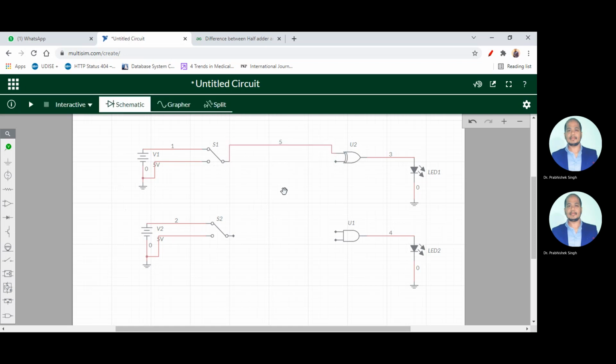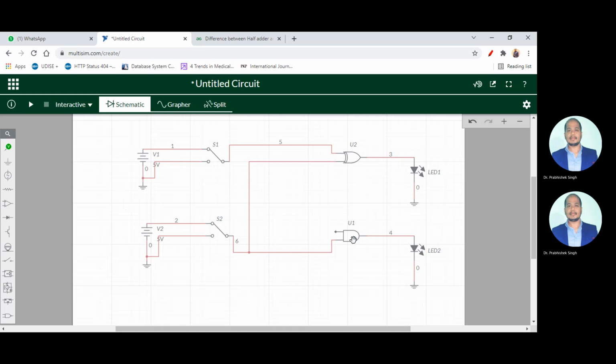S1 is connected to U2. Similarly, just connect this thing as well. Now, A XOR B, S1 XOR S2 is equal to U2, which is for sum. So S1 is connected to U2. Now you have to connect this S2 also with U2. So what you will do, very easy. Simply you will take this and add it with this. So now you can see S1 XOR S2 is equal to U2, which is for sum.